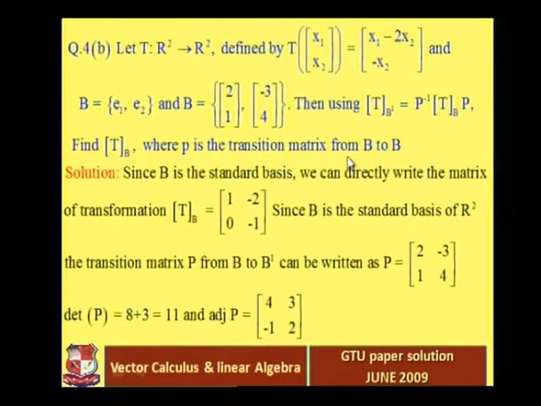Okay, since B is the standard basis, we can directly write the matrix of transformation, right? Because B is the standard basis E1 and E2, where E1 is (1, 0) and E2 is (0, 1), which we all know is the standard basis of R2. So we can directly write the matrix of transformation with respect to the basis B. You can see that in the first coordinate the coefficient of x1 is 1, and in the second coordinate the coefficient of x1 is 0. So that's why